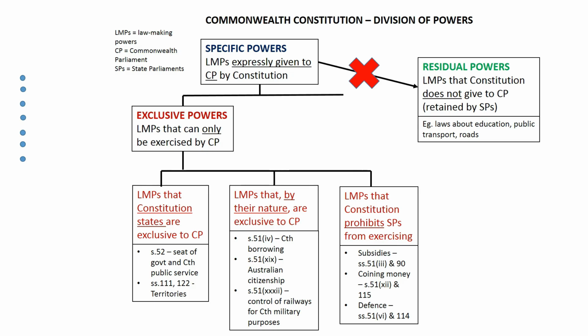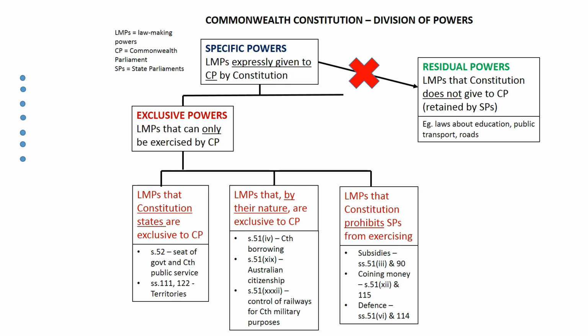If you look at section 51.12 in Roman numerals, that is XII, you can see that under this section, the Commonwealth Parliament has the power to make laws about currency, coinage, and legal tender. That is, it can make laws about money. In other words, the fact that we have a $5 note, a $10 note, and so on, is the result of the Commonwealth Parliament exercising its power to make laws that say we have a $5, a $10 note, etc. So that's where the Commonwealth Parliament gets the power to make laws about money,